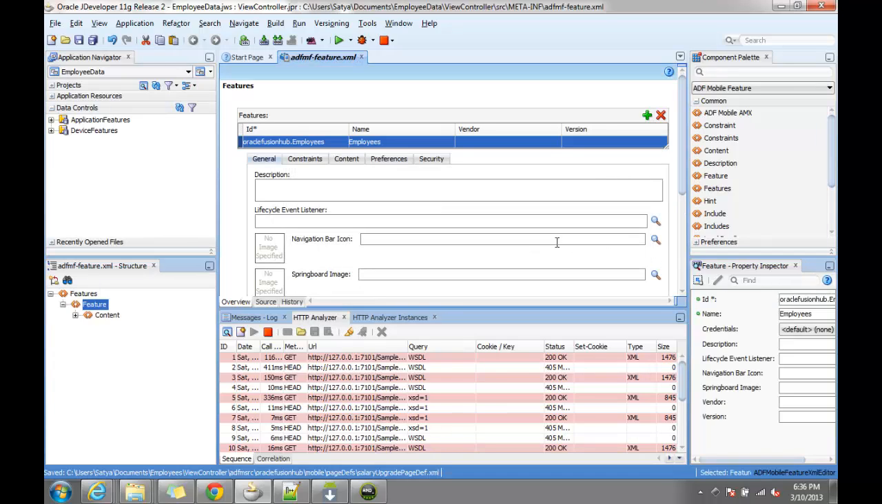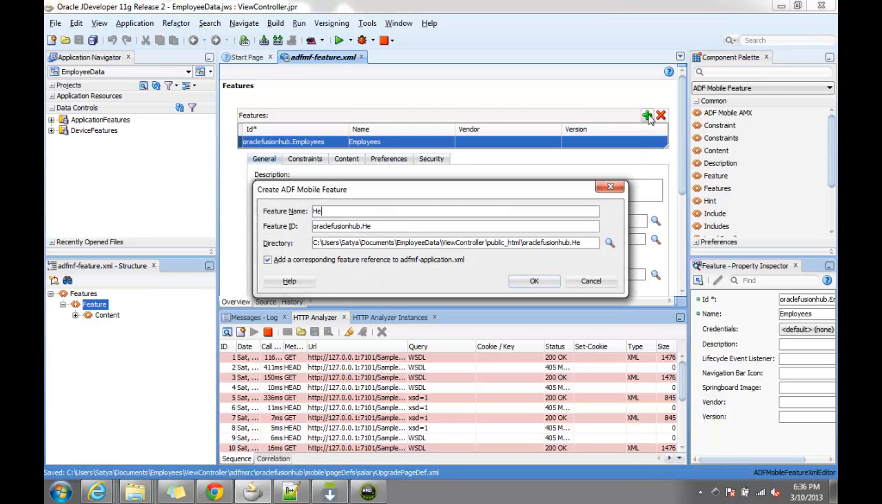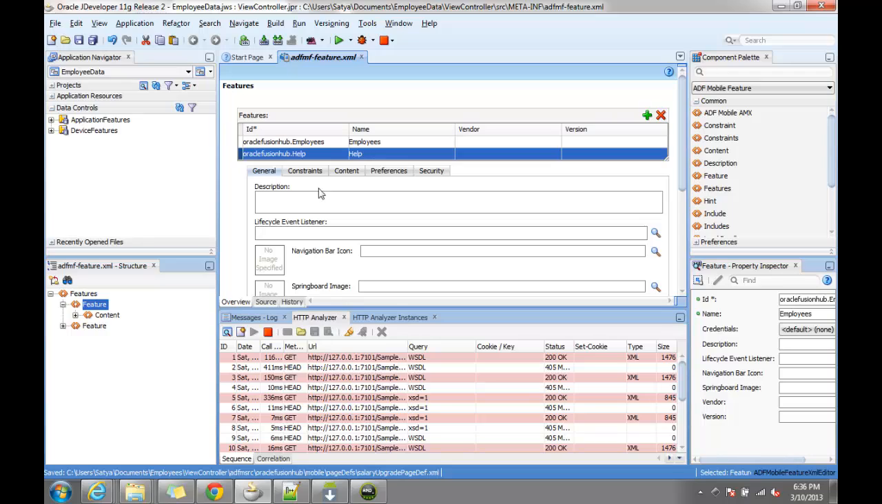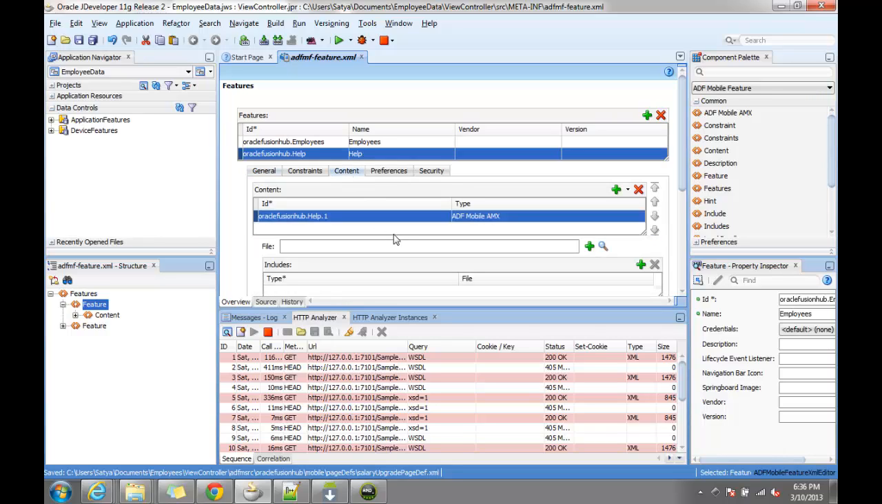Click on OK, and I would also need a help feature, just nothing but a help document. So click on OK, and first let us try to finish the help feature. And in the help feature content,